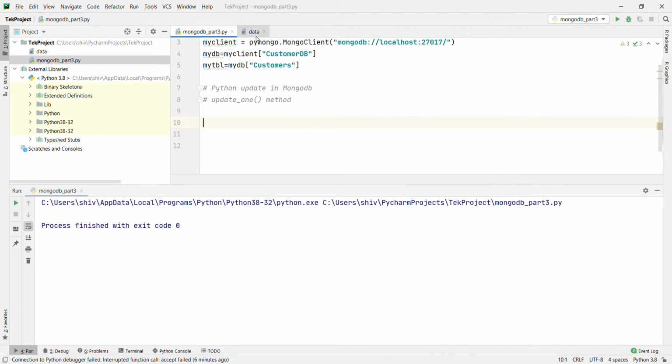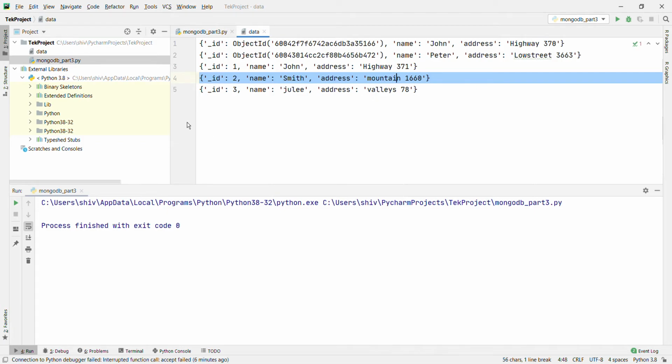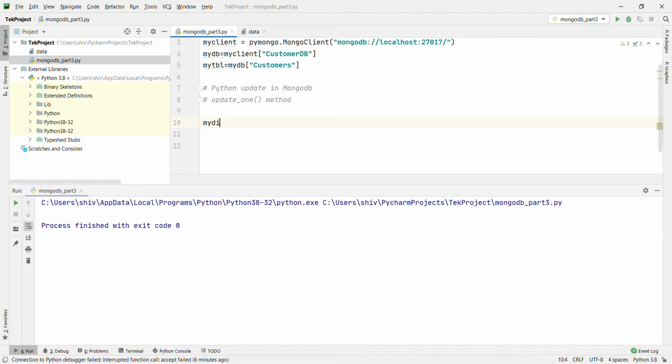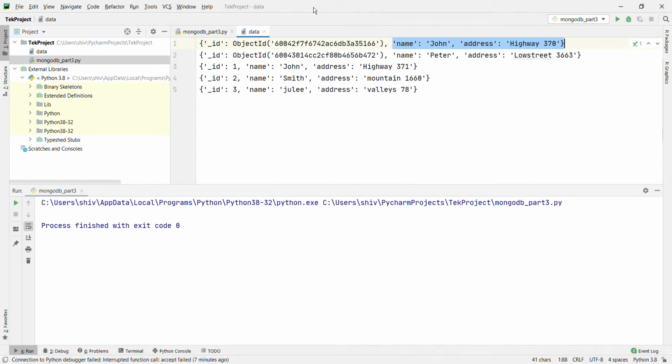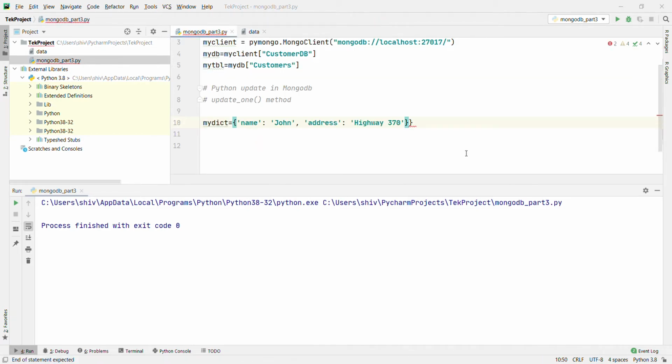For that I am going to use JSON, and let's start with my dictionary equal to curly braces. I'm going to copy this one and paste it here. Now I'm going to use name John, address 370.